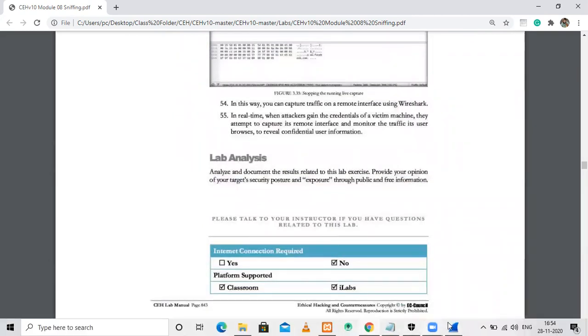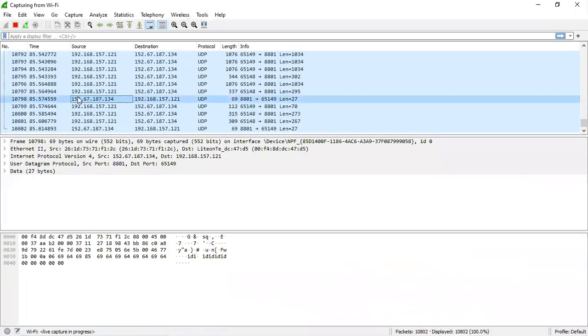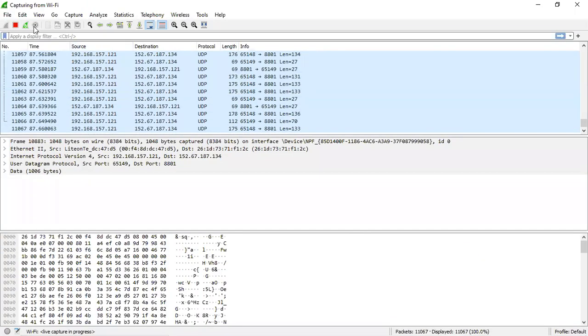So whatever the connections being sent over the internet, you can just capture it. Just you can see here the capture is already started.